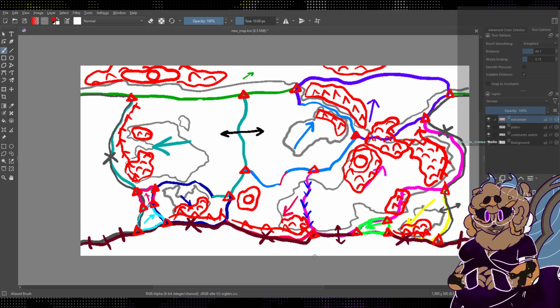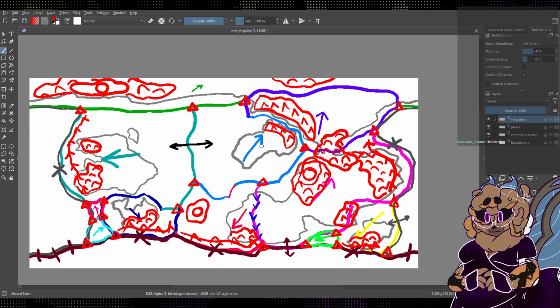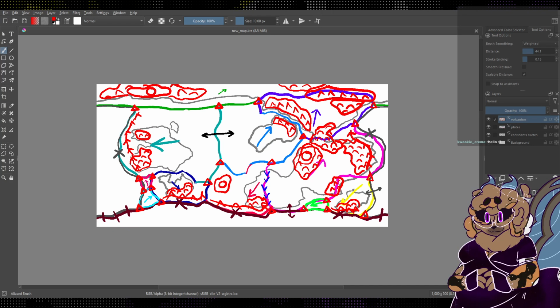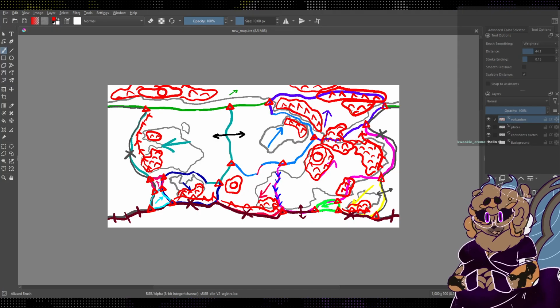I think that's pretty good for early draft on topography. Actually, there would be more hills and mountains here, so I'm going to do some mountains there. And then some hills. That looks pretty good for our general placement of rough topography. So what we want to do next is we want to make a